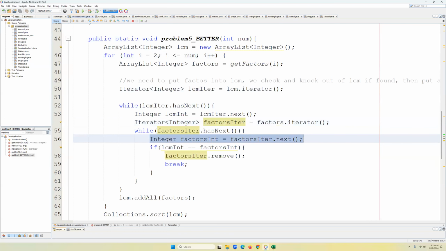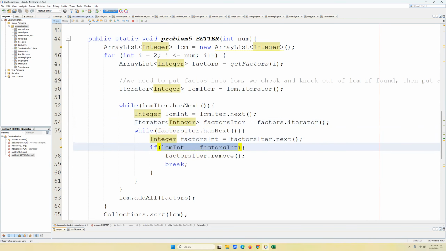Then I'm going to get one of the values for each of those. So factorsIter.next(), which is going to be the value. For instance, if it was 2, 2, 2, 3, 7, it'd be a 2, and it's an Integer also. So this matches, this is Integer, this is Integer. So if lcmInt is the same,